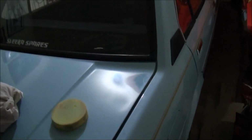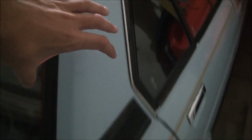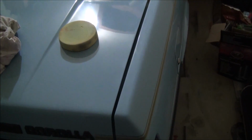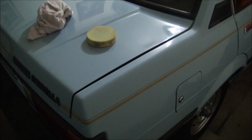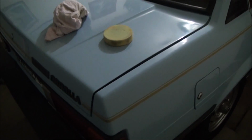Alright, so as I'm waxing, I'm sure most people would agree, it's so much easier and better to just apply the wax in certain little locations. For example, from here above the strip and just up like that, instead of pouring it all over the entire car and then getting bored and frustrated and being like, oh, I missed the spot. So it's way better to just choose a certain spot, whatever it may be, and do it one thing at a time. That way you can concentrate more on that particular spot and just make the result more